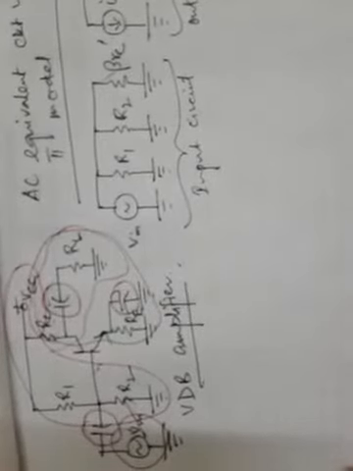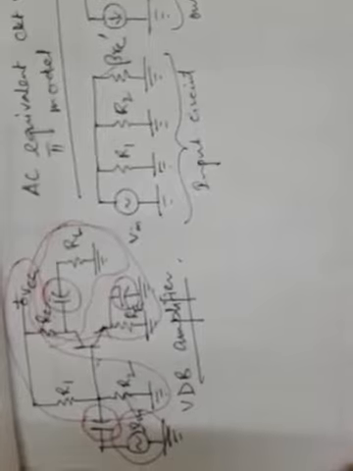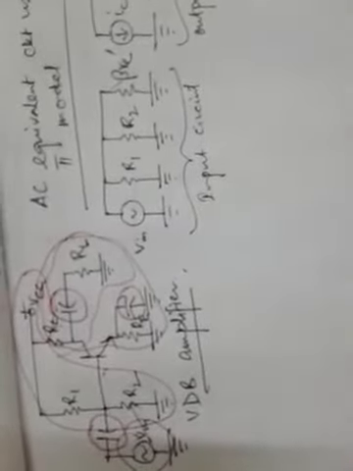AC equivalent representation. And the transistor has been replaced by the pi model, and this part is the transistor part. This is the first junction, base emitter, and this is the second junction, collector base. So this is the representation of the transistor, and along with this all the associated resistances and the input source are shown in this representation of the AC equivalent circuit of this given amplifier.